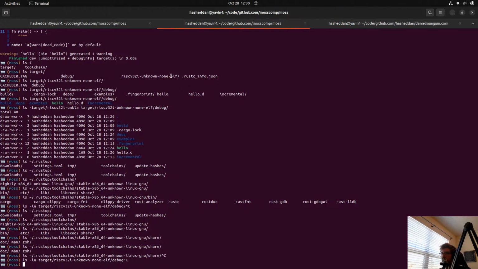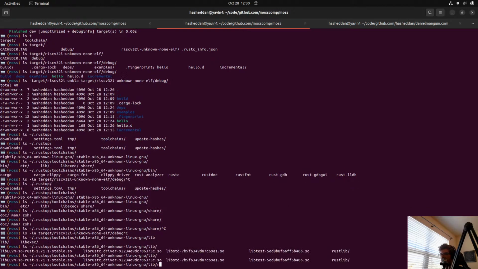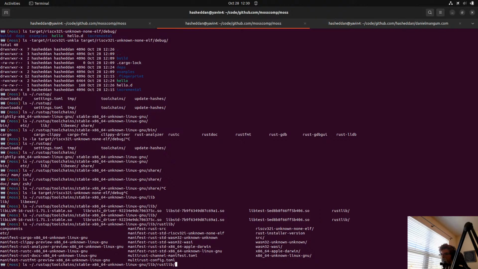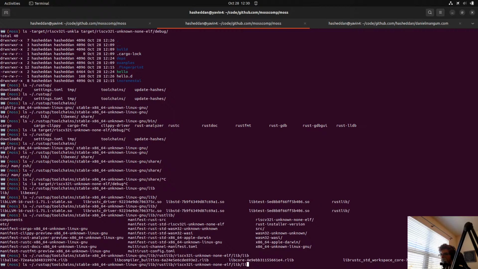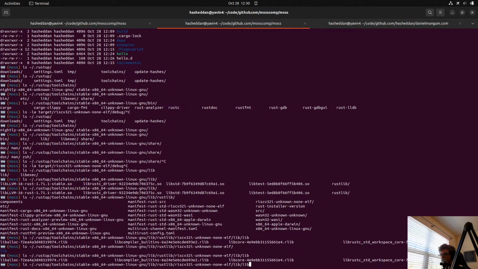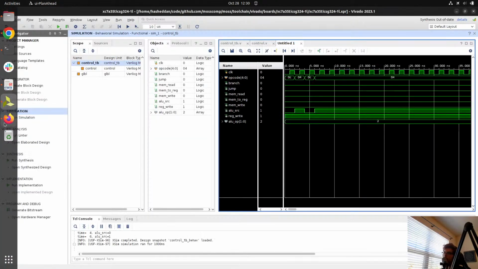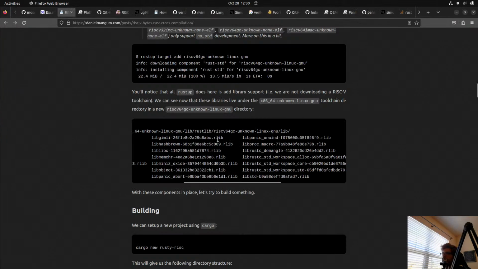All right, so it's in rustup, toolchains, stable, lib, rustlib, RISC-V 32. Where were we?